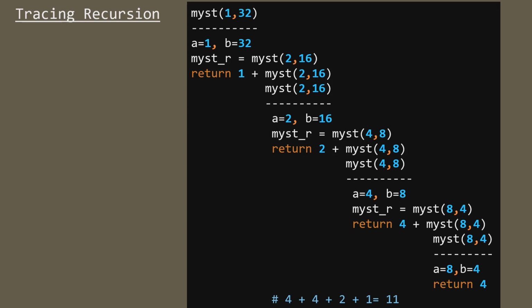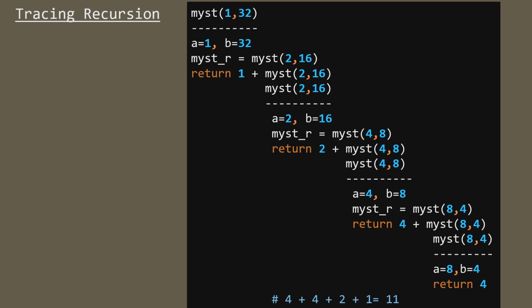Okay. Now mist(4, 8) is called. Now here a value is 4 and b value is 8. So mist_r becomes mist(8, 4) because a value got doubled and b value got halved. So it has to return 4 plus mist(8, 4), because 4 is the value of a.